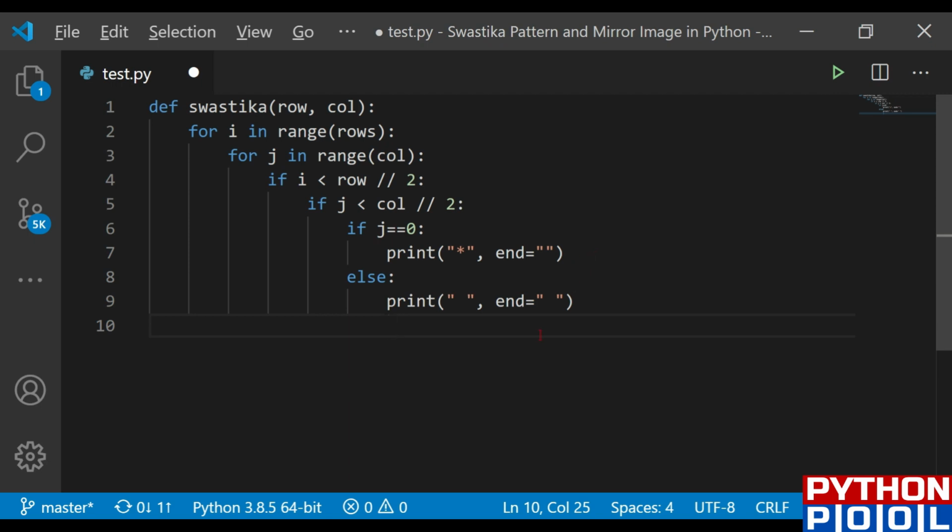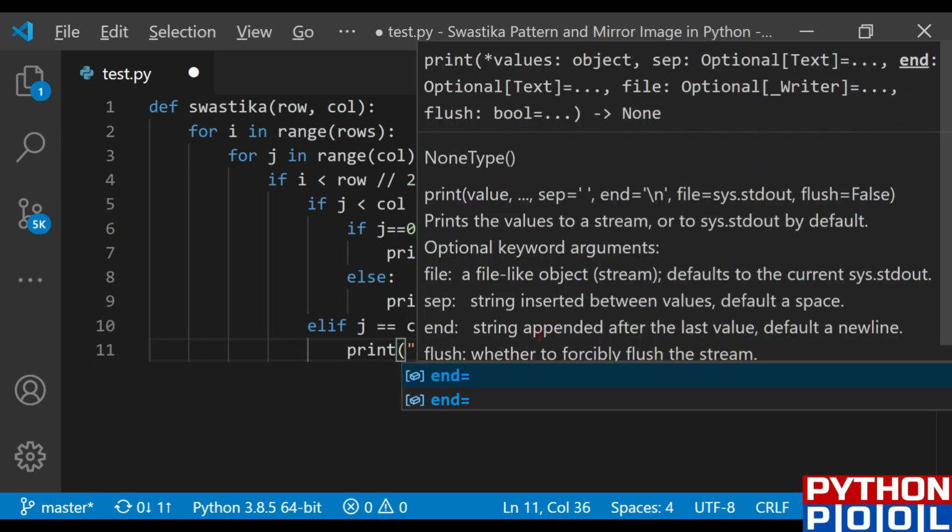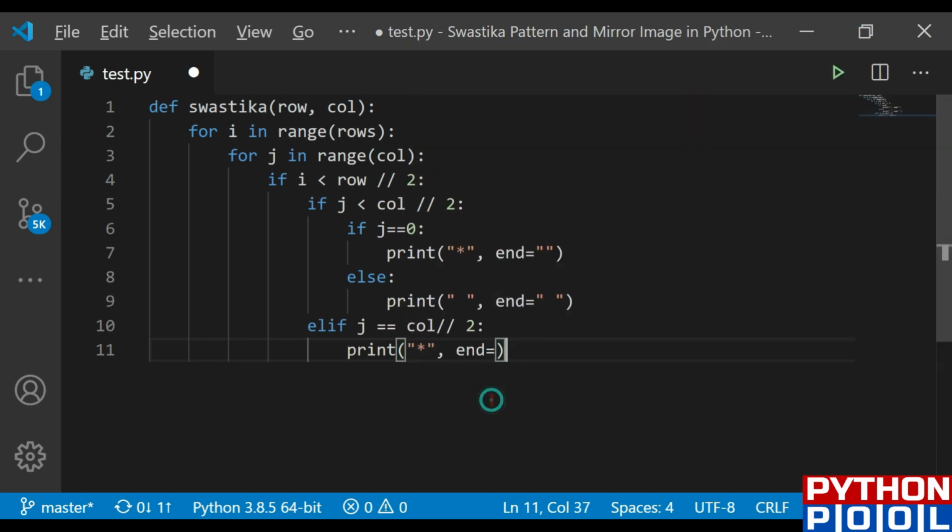What if j is equal to column by 2? Then elif my j equals column by 2. In this case, I need to print the stars directly without checking any other conditions. So print star, but the ending would be blank.